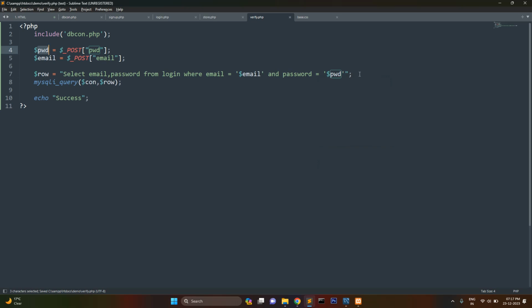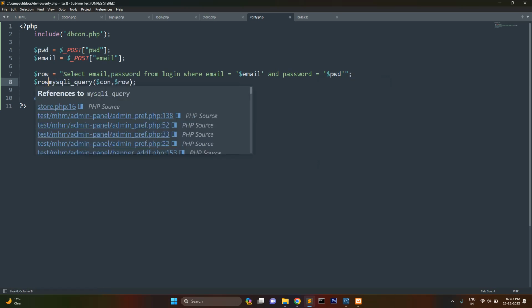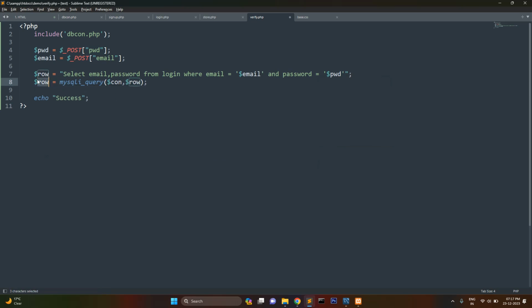So that is the variable, and this query will run and let's store the output in one variable. Because now we will check here